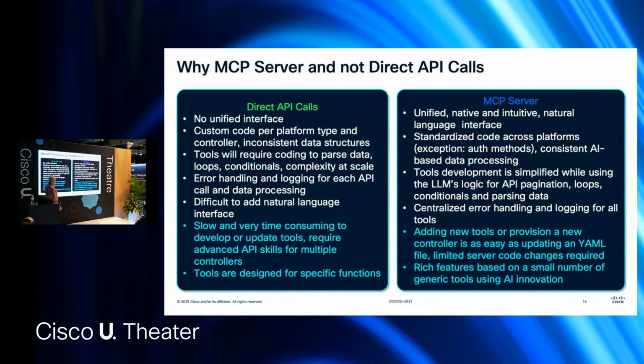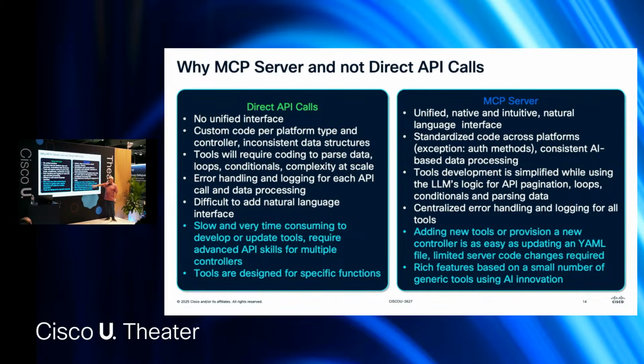So why would I use direct API calls? If at the end of the day the MCP servers are actually calling APIs, why would I use an MCP server when I can do exactly the same, or sort of, with APIs? There are a lot of different comparisons here. I think the very important one is that if I want to use APIs to learn about issues, I need to write step by step, maybe calling 10 different APIs and looking through all the issues and understanding all the details and loops and conditionals and everything.